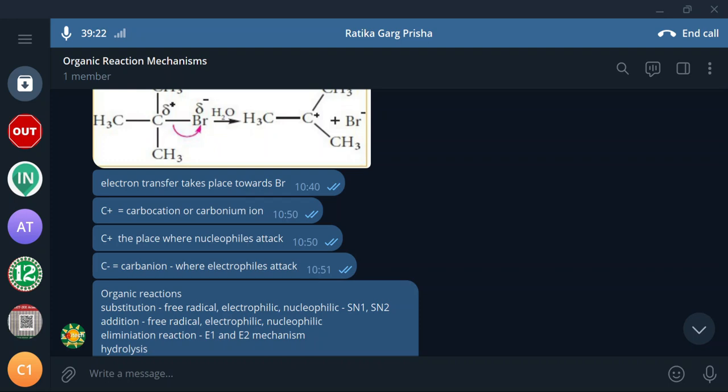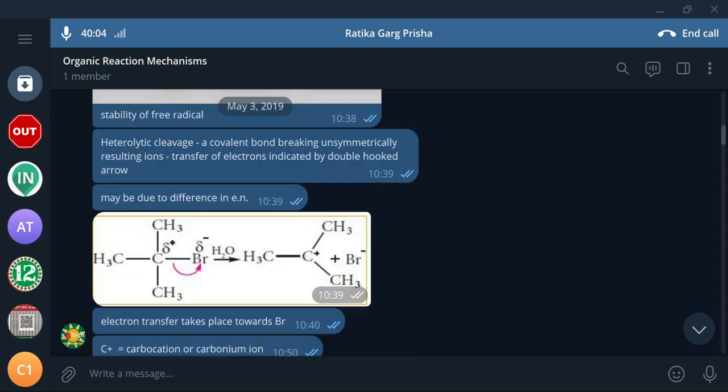Then electrophiles mean just the opposite. They attack the electron-rich center. Electrophilo, electrophiles, that is an electron-searching group. Who will be searching for electrons? The one which is deficient of electrons, otherwise positive. So an electron-deficient group or a positive ion can be called an electrophile because they go in search of what? Electrons. So it should be a positive one. So positive ions are called electrophiles. For example, the nitronium ion, NO2 plus.